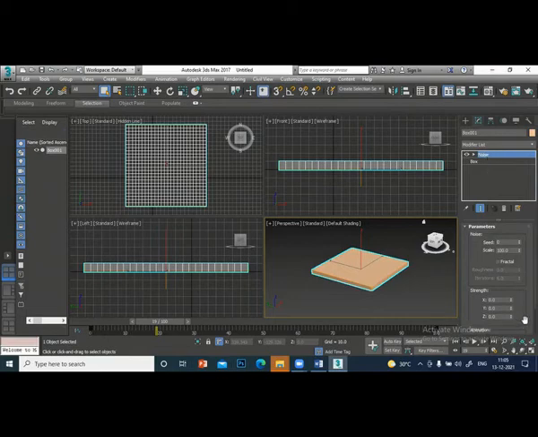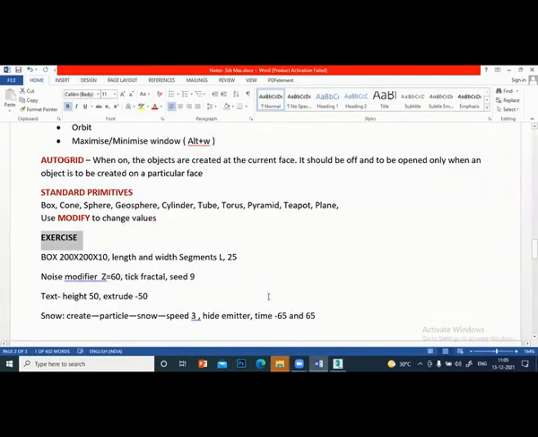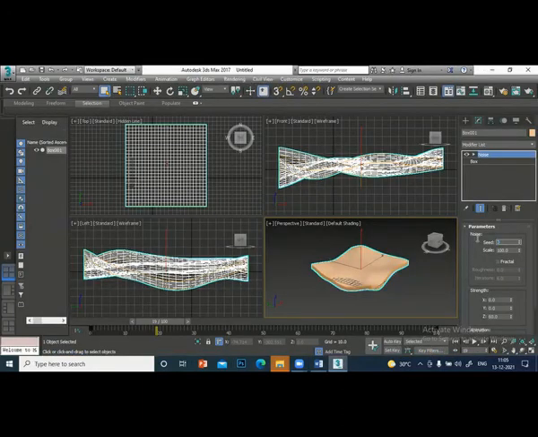And I will change some values here. I'll make it to 60. You can see the values are given here. Same values you have to give. Later you can note down. So a noise modifier, Z 60, fractal, seed 9.